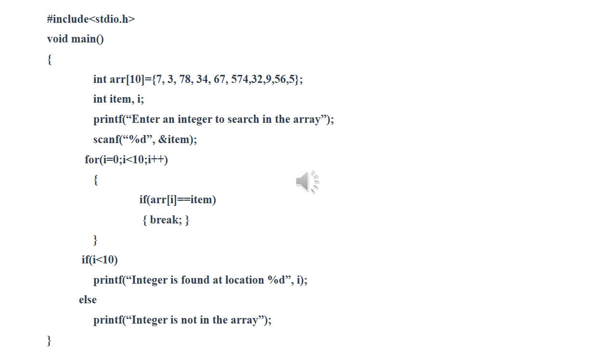Now the for loop ends. Now you check what is the value of I. In the last iteration, the value of I is 9, and it will increment to 10. Again it tries to run the for loop, and the condition is I less than 10. The for loop will work until I is less than 10. But here I is not less than 10, I is equal to 10, so the for loop will not work. So I have written if I is less than 10, because the value of I will remain less than 10 only when you find the match in the array and you break the loop. When you break the loop, then definitely I will be less than 10.